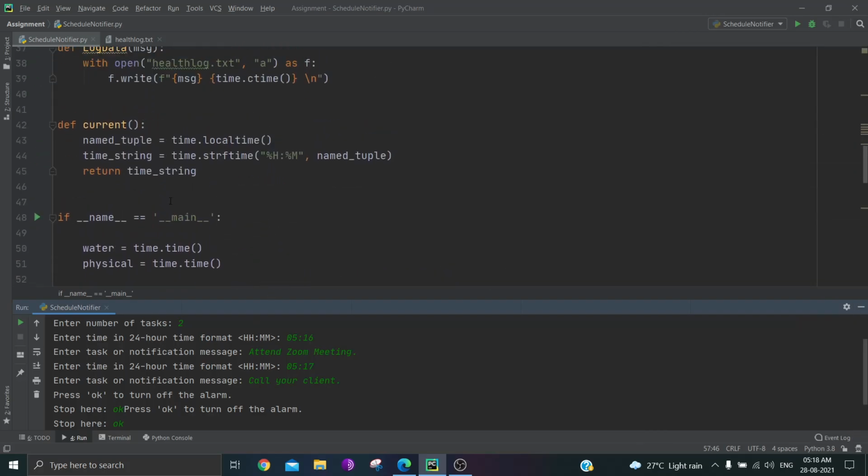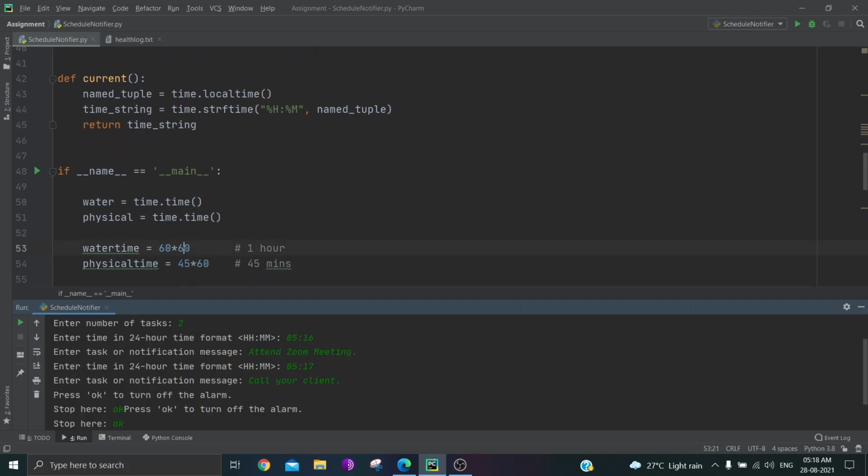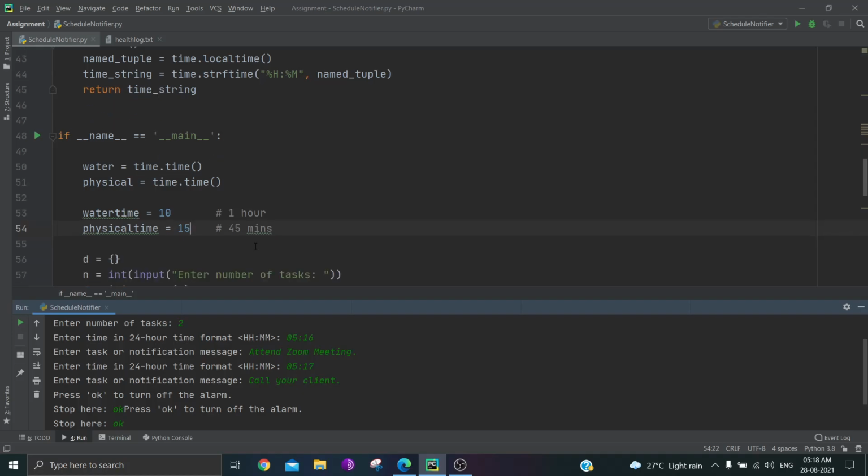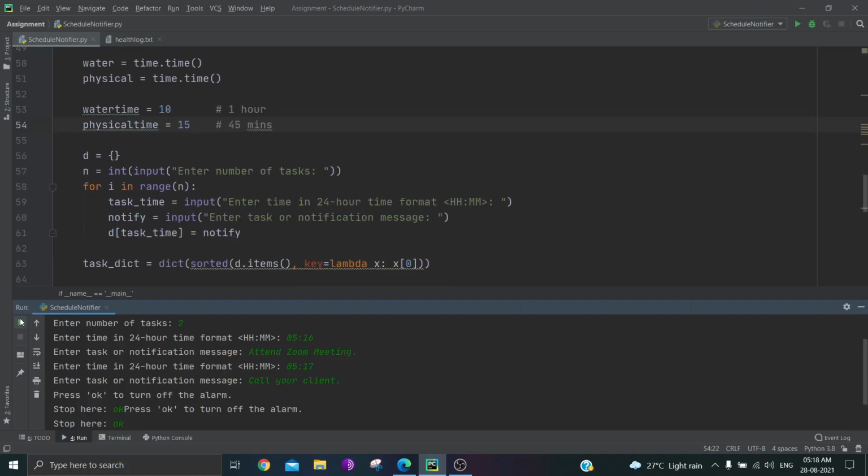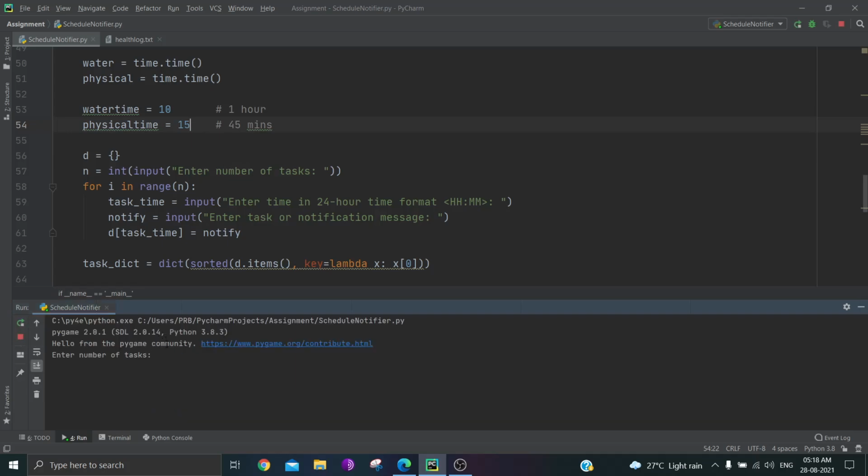So for water, let me say remind me after every 10 seconds. For physical exercise, let's remind me after every 15 seconds. Let's rerun it. Number of tasks, let's say 0. I don't want any reminders.